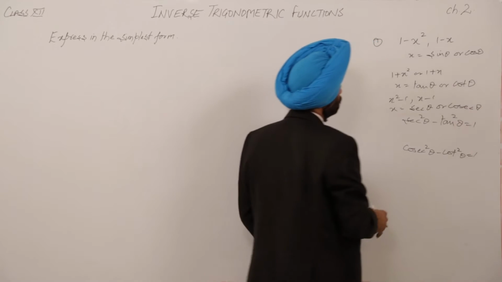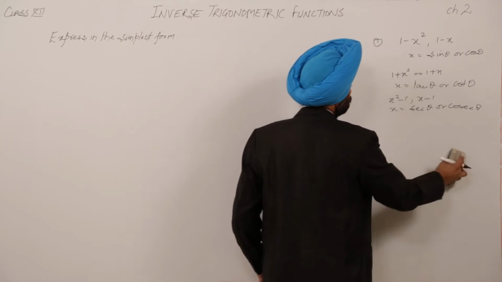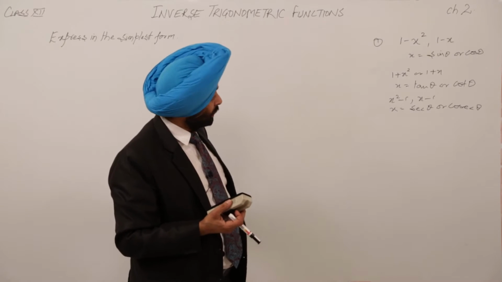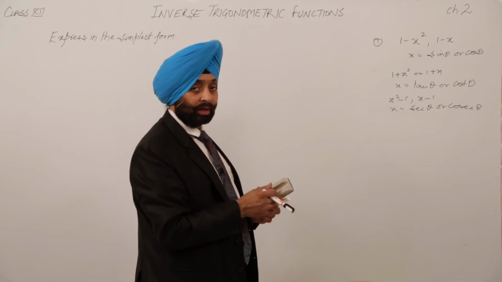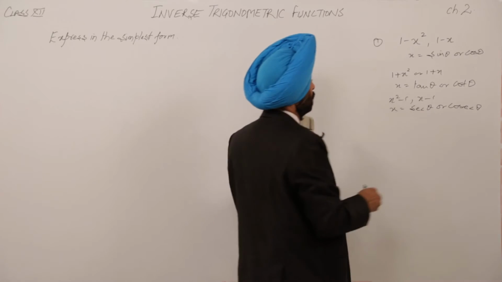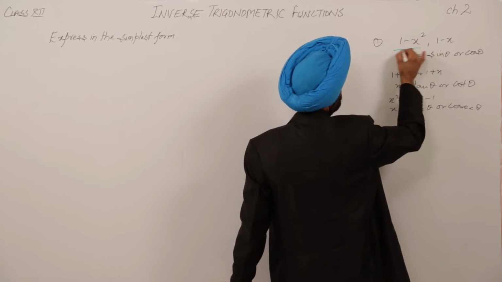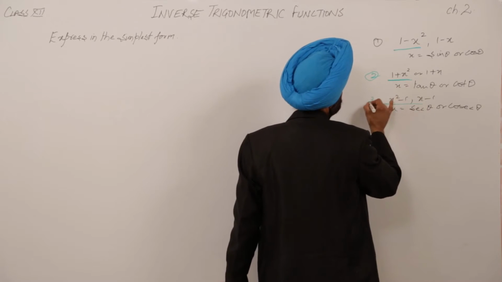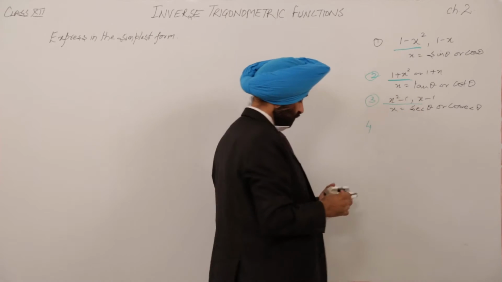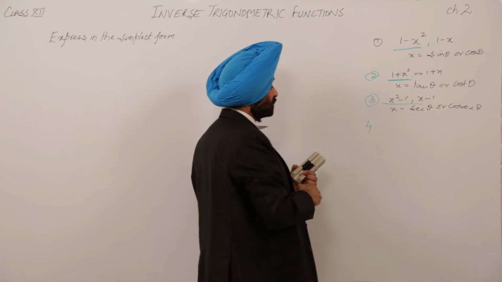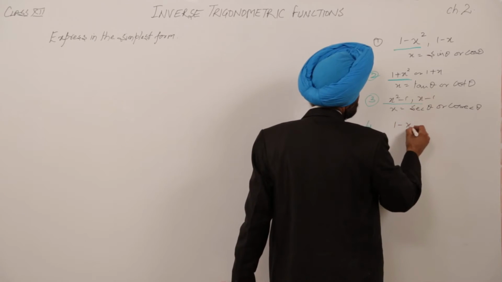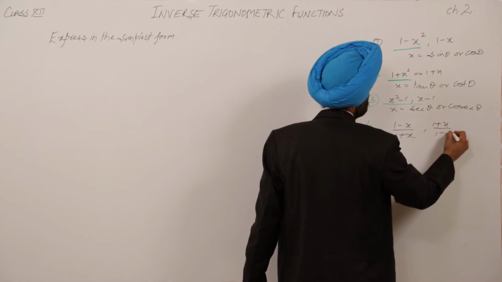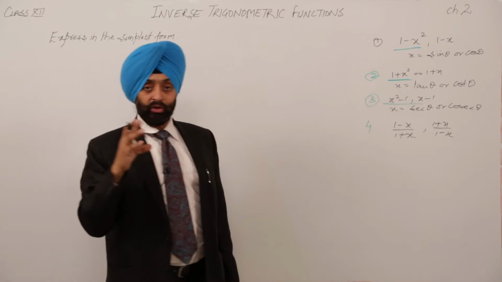So for doing these questions we have to remember all these things, what type of question it is and what type of formula we are going to use, and I am going to tell you how it is applicable. Now for the first part this one, for the second part this one, number 2, and this is the third part, number 3. Now for the fourth part, suppose we are having 1 minus x upon 1 plus x, or vice versa, 1 plus x upon 1 minus x. It can be x square also.